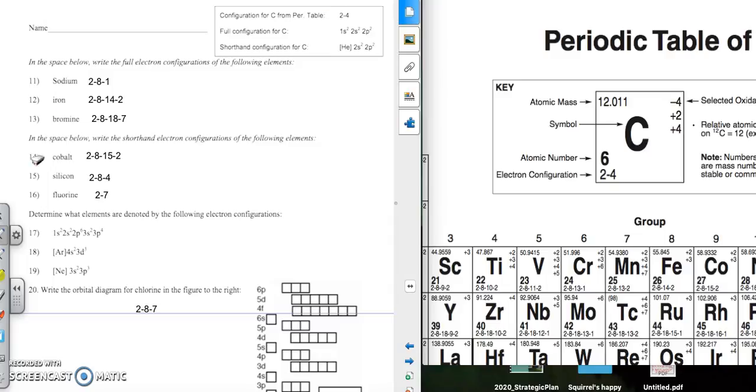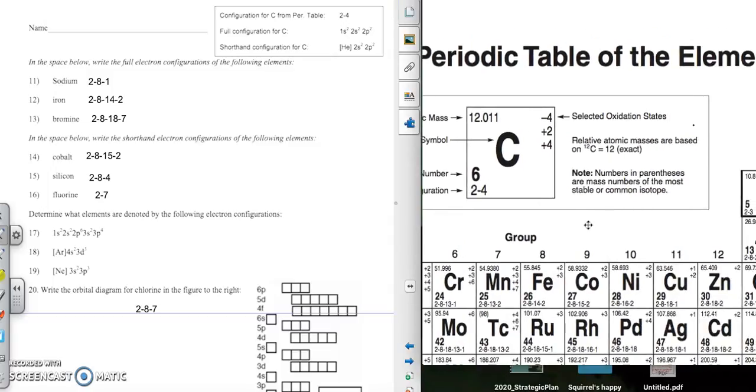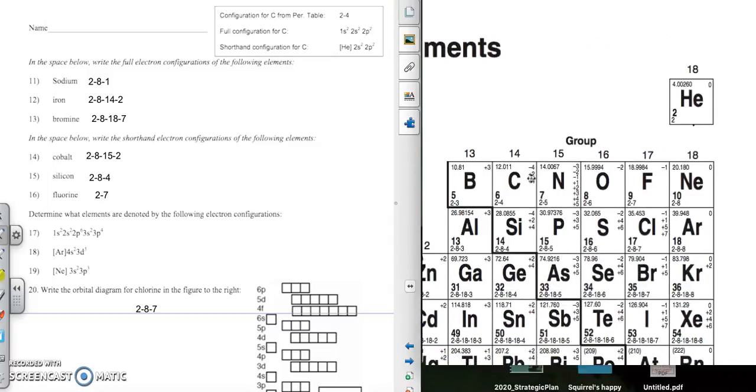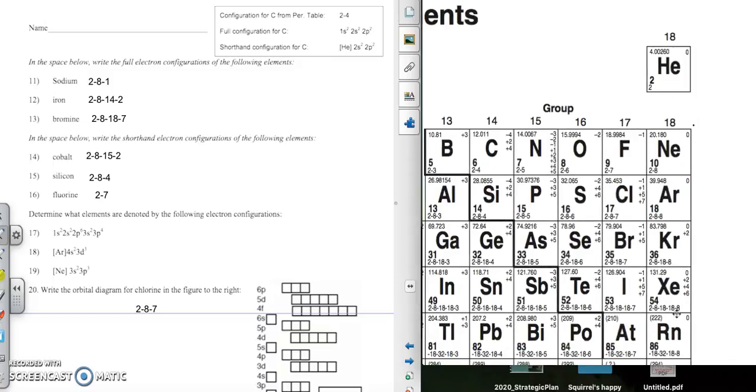Now there's a further way to shorthand this, and that is to do what's called a shorthand or noble gas configuration. And so if you take a look, this helium right here represents a noble gas. Now you know that noble gases on the periodic table can be found all the way over here on the right. Okay, these are all noble gases: helium, neon, argon, krypton, xenon, and radon. And the clever thing about the noble gases is, if you take a look, the last number in the